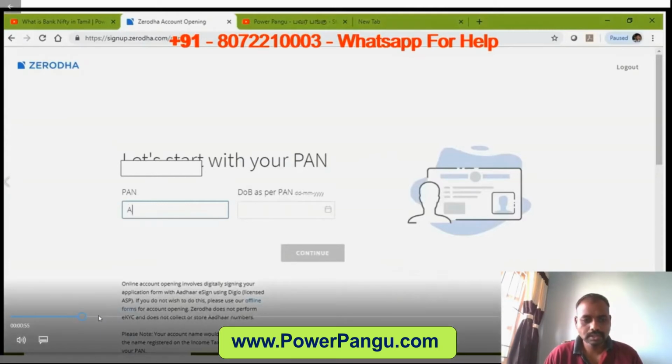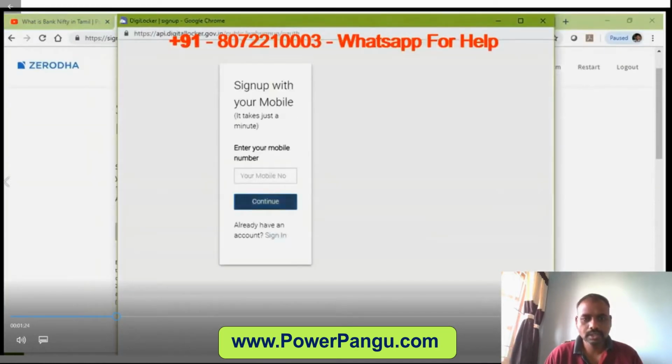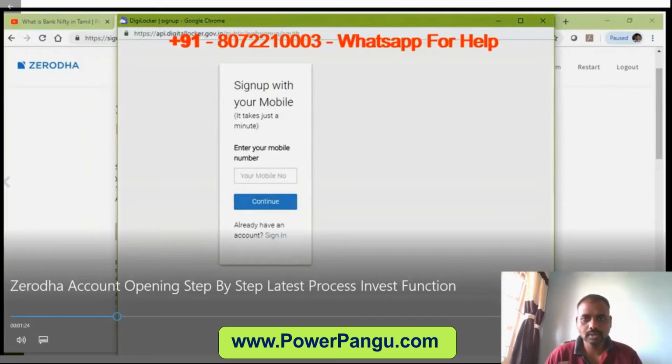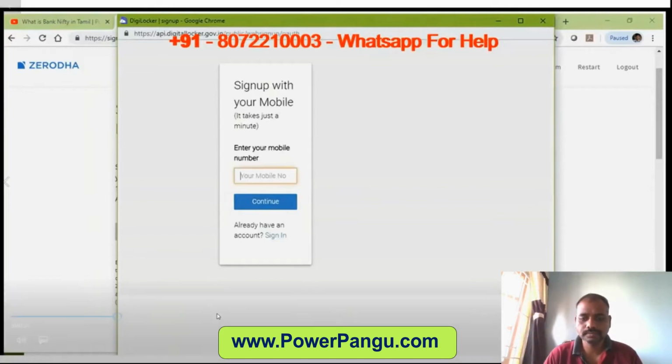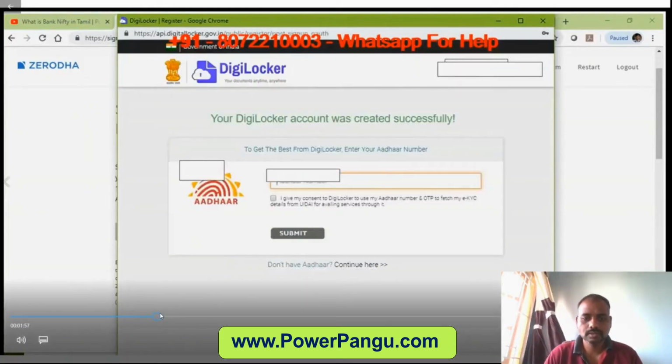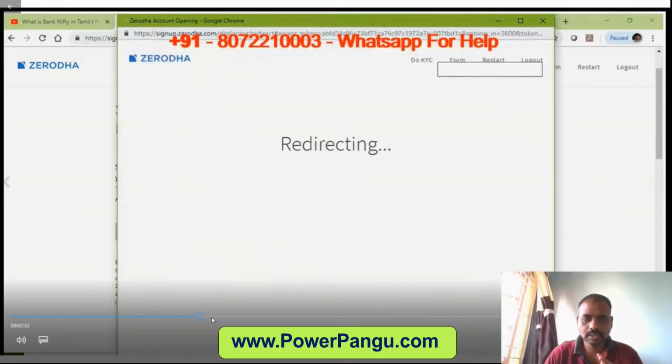Since you have a PAN card, enter your PAN and complete the payment. Then share details. You need to enter your Aadhaar number. It will generate an OTP, and you can do the eKYC process through DigiLocker. If your Aadhaar number is not registered with your mobile number, you need to go to the nearby Aadhaar center and get it linked. Even if it is linked, sometimes you need to log into the digilocker.gov.in website, update the profile and then continue. It will be okay with DigiLocker. So these are the steps.